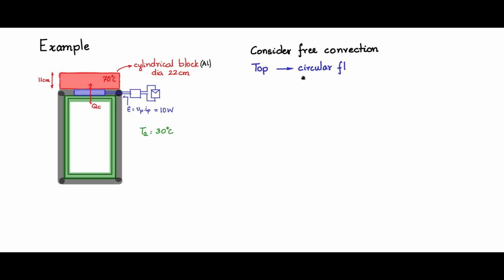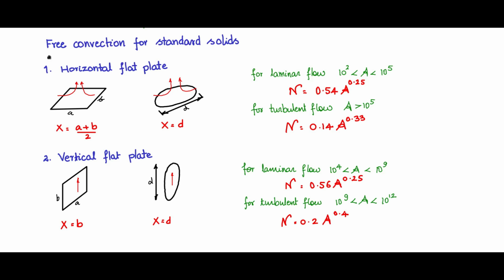So the top is a circular flat plate. It is like a circular flat plate, and we had studied the circular flat plate while discussing free convection. Recall that we had discussed this while studying free convection for standard solids, the circular horizontal flat plate, where the diameter will become the characteristic dimension, and then we have the calculation for the Nusselt's number depending upon whether it is laminar flow or turbulent